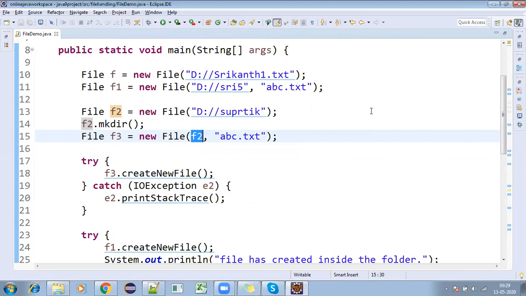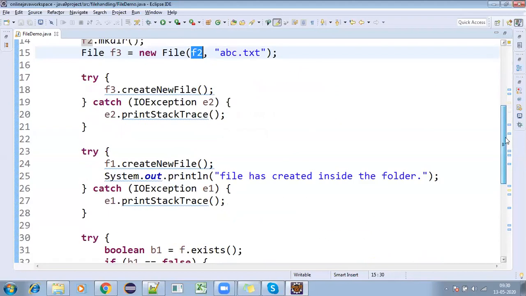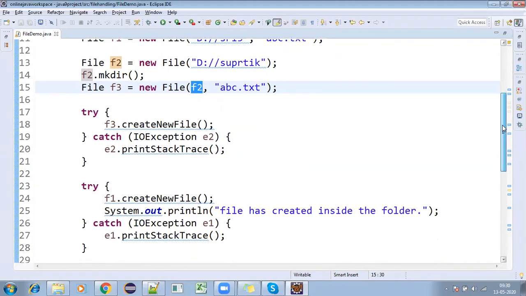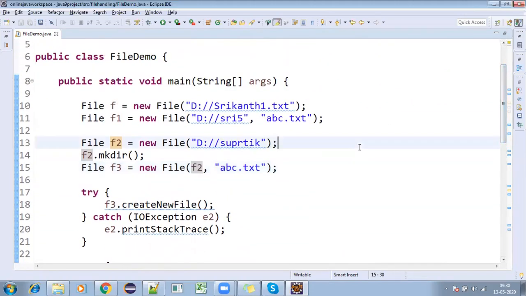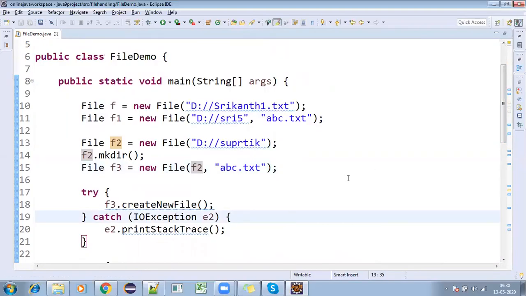So that is how you can do it by using the file concept, I can say. This is a very simple program to create a file in the drive, in the folder, or I mean a particular package, or whatever you can say. This I will be sharing with you. So till now, do you have any doubts here?